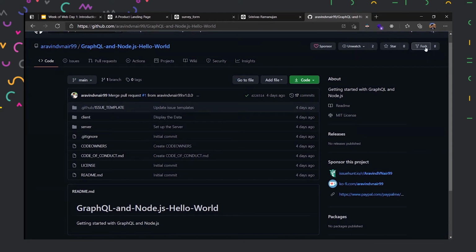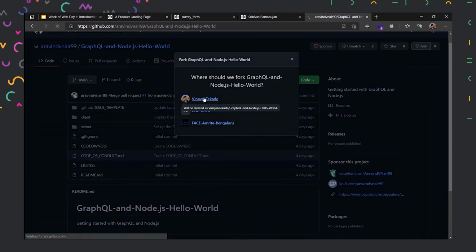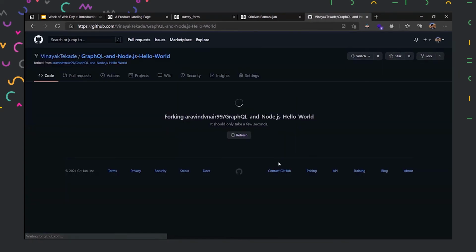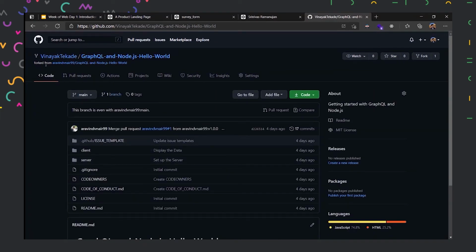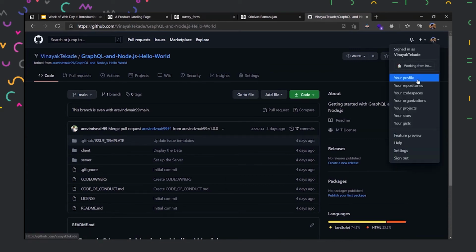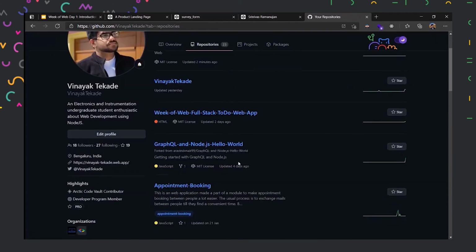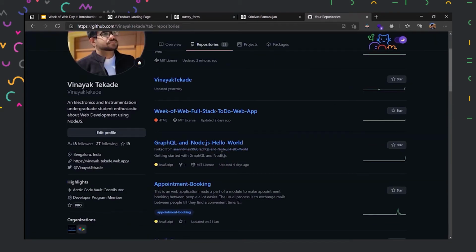So there is an option to fork the repository. So what does forking mean? Forking means making a copy of this repository and storing it in your account. So if I click on fork and if I click on my name, I'm a part of other organizations as well, so it will show me in which organization I want to store the code or make the repository. So it will create it, and now if you notice, it will show my name and then the repository. And in my account, if I go to my repository, it will show that I have forked this from Arvind's profile. And this way I could maintain a version of this code.